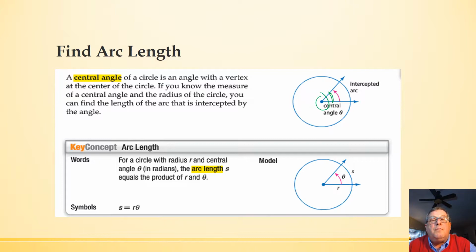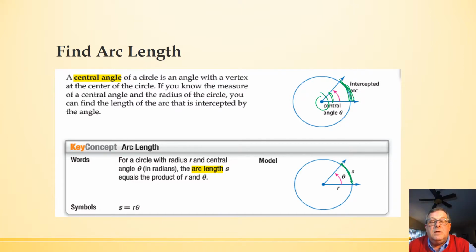And if we know the measure of the central angle and the radius of the circle, we can find what is called the length of the arc that is intercepted by the angle. And so our arc is up here, and we're looking at something called the arc length. So again, if we know the measure of the central angle and the measure of the radius, then we can determine this arc length,